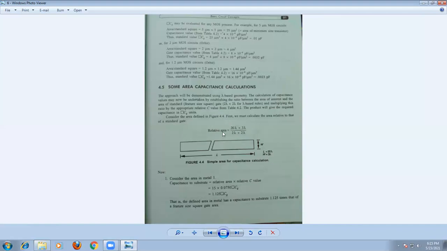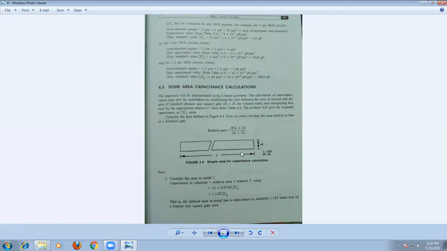So the relative area is equal to the actual value divided by the standard gate area. Assume that the technology is not specified in this case also. The technology is not specified here, so by default, you can consider